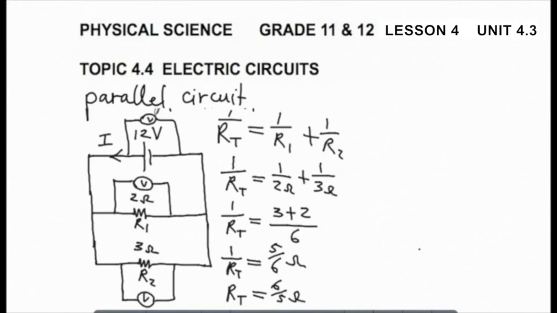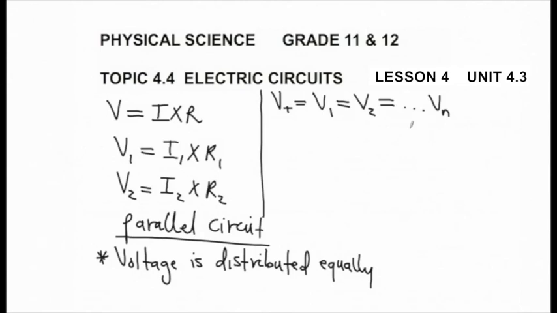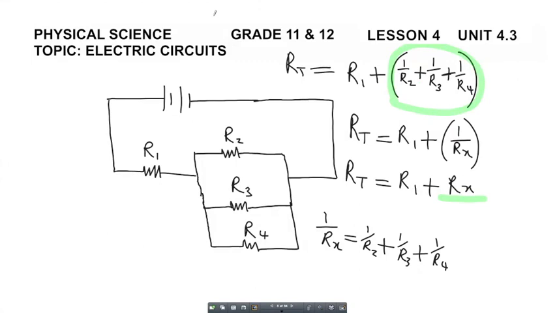And then from there, we also looked at the voltage distribution, because we emphasized V1, which equals I1 times R1, and then we also considered V2, which equals I2 multiplied by R2. So hence, voltage in a parallel circuit is distributed equally. In the circuit, by default, I gave resistors that are not given unique numbers, so we just used mere variables to demonstrate the concept of the series and the